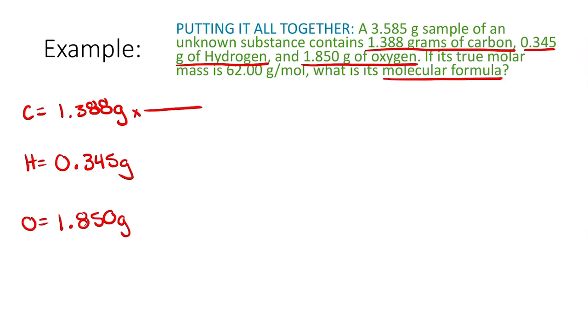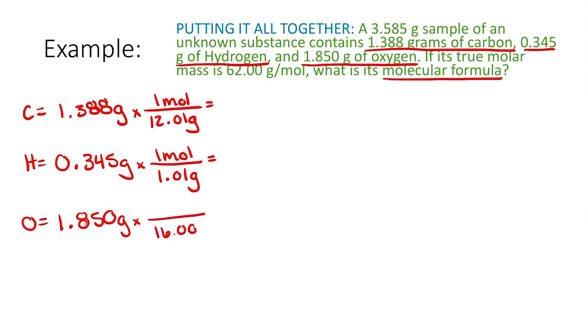So again, for carbon, carbon's molar mass, if we take a look at the periodic table, is going to be 12.01 grams per mole. Hydrogen's molar mass is 1.01 grams per mole. And then oxygen's molar mass is 16.00 grams per mole. All right, so now I'm going to go ahead and perform these calculations. 1.388 divided by 12.01, and I get 0.1156 moles of carbon, and then